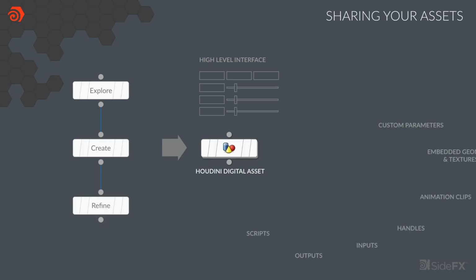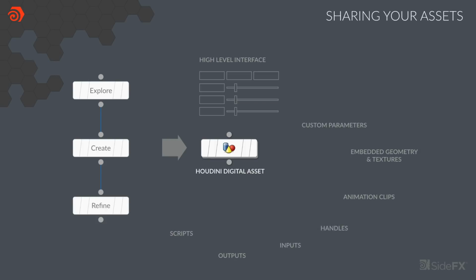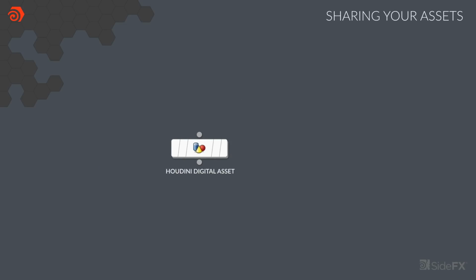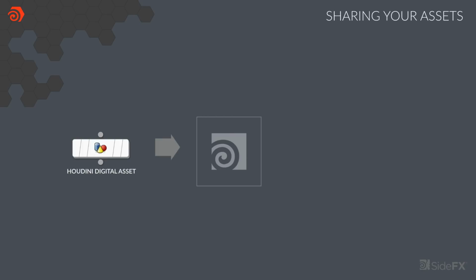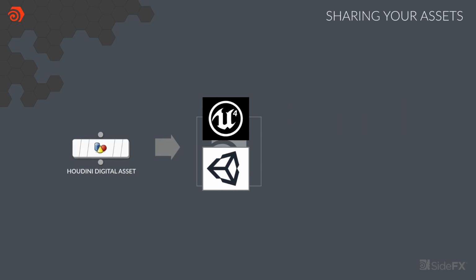Now once you have this, you can also add things like animation clips, inputs, outputs, scripts, geometry, textures. A lot of stuff can be stuffed into these assets and be carried forward, and it can be carried forward to be shared with other people. And that's, of course, what Houdini artists generally do, is they build up a digital asset and they share it with another Houdini artist. But what if you want to bring that into something else, something like Unreal Engine 4